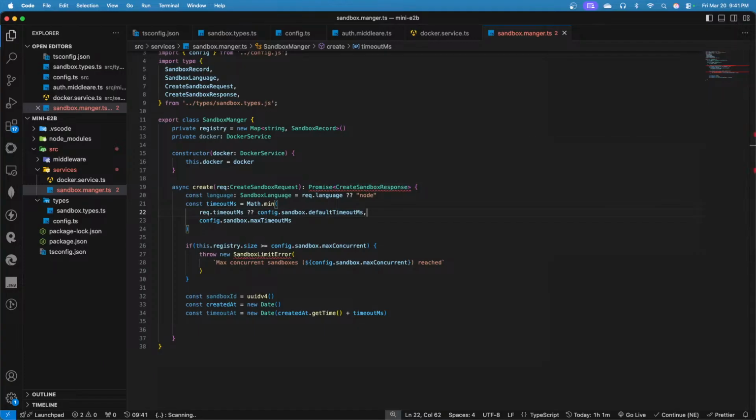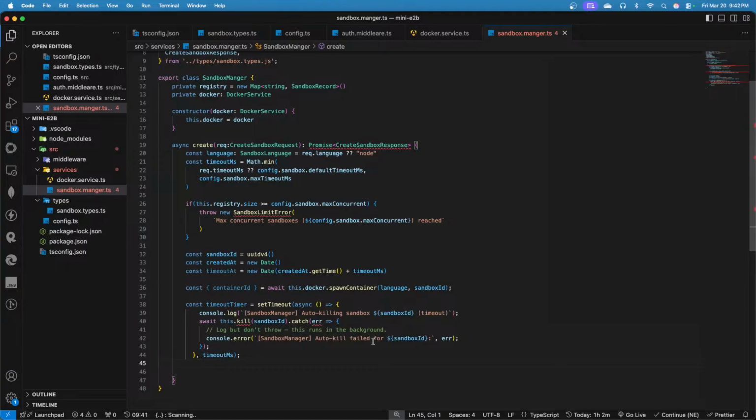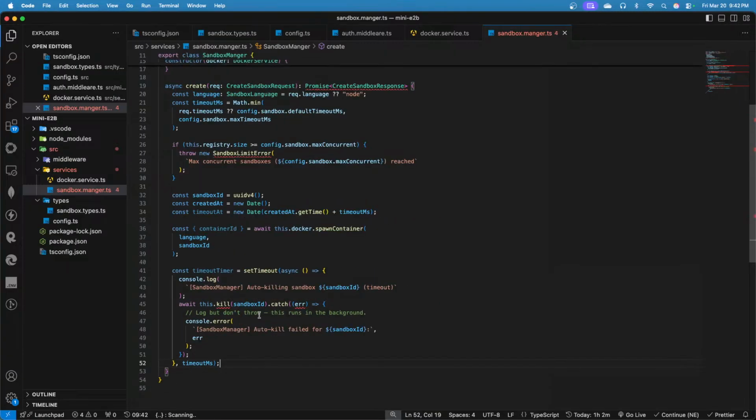Let's go and spawn the actual container, okay, after all of these pre-checks, because we also need to create the container. Const container id = await this.docker.spawn with this language and this sandbox id. Schedule auto kill. So let's auto kill our system also. After the time hits, our system will automatically kill the